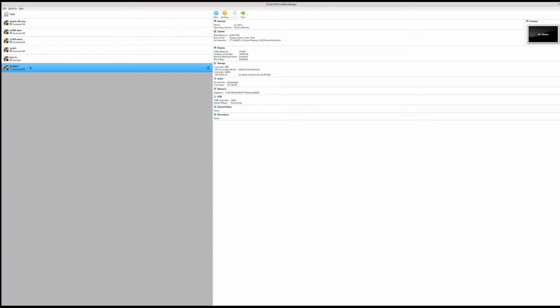And if I were to start it up right now, it's going to ask me to pick an ISO file to install the new operating system. So make sure it's highlighted, and if you want to start the machine up for the first time, you'll click on this green arrow. If you haven't yet downloaded an ISO file with the operating system on it, you're going to want to do that before doing this step. There's going to be another video that you can look at if you want to see how to find that and grab it. So here I'm going to click this start arrow,